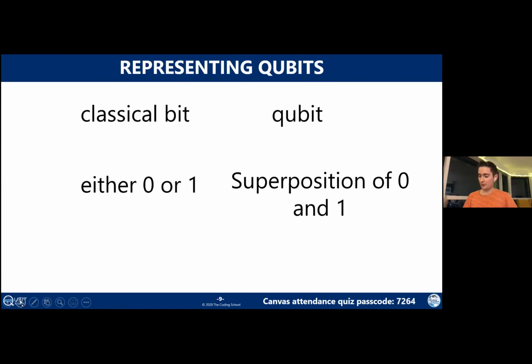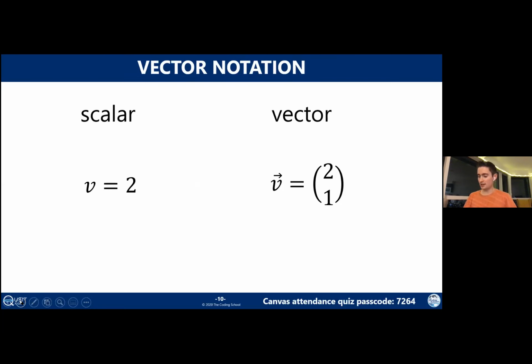So last time we talked about how qubits versus classical bits, hopefully this is all review. A classical bit could be either 0 or 1. A qubit could be a superposition of 0 and 1. And in fact, we wrote these things as ket 0 and ket 1 to signify that they are vectors. And then finally, we talked about the mathematical notions of scalars and vectors. So a scalar was just your average number that you are all familiar with. A vector is what happens when you put two numbers together. So another way of explaining this would be a scalar does not have a direction, a vector does have a direction. And that was one of the key points made in last week's lecture.